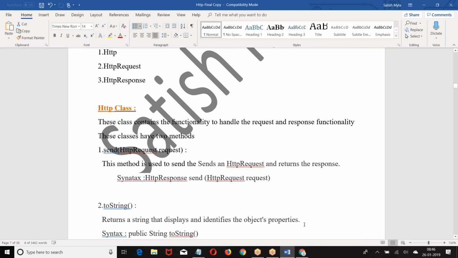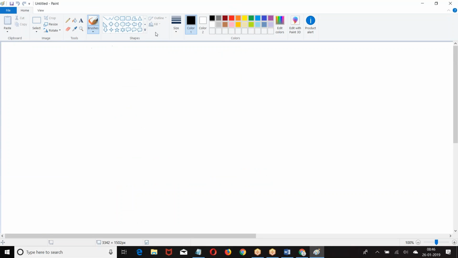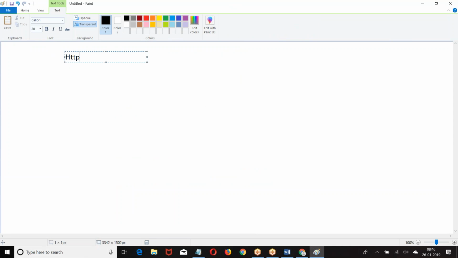First class is the Http class. This has only 2 methods: send and toString. What will the send method do?